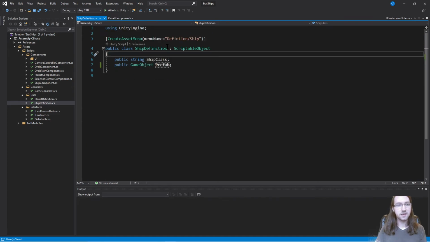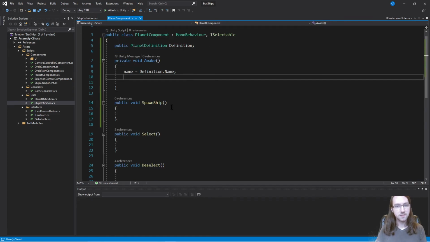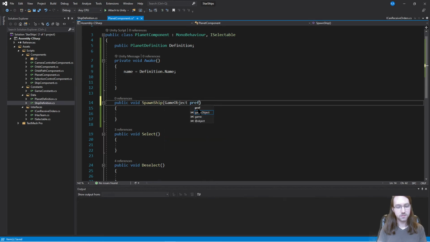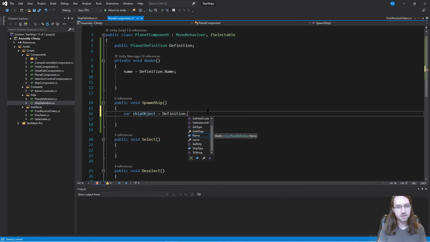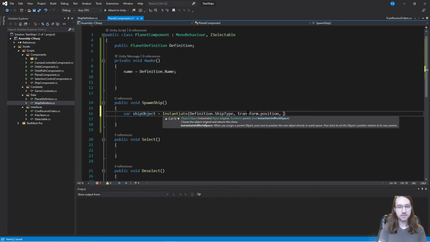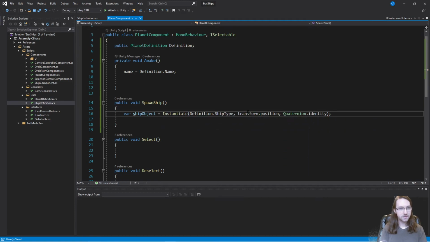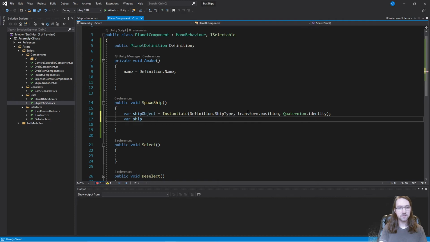That way the planet should have access to the ship type. So we'll say game object prefab. Or no, we won't even worry about that because we have the definition internally. Say var ship object equals definition dot ship type, and we will instantiate that. So we're going to call instantiate, call definition dot ship type, and we want to call that at transform dot position and quaternion dot identity. And then the ship itself is going to be ship object